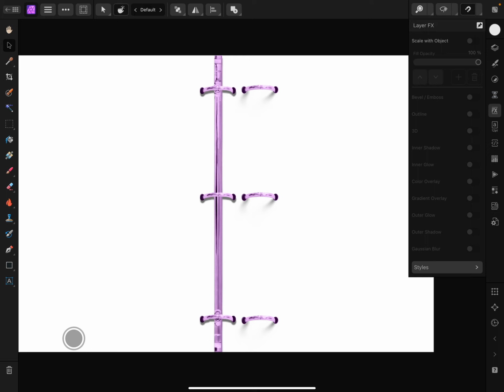So in this particular case, I used the rectangular marquee to select a long rectangle around it, and I cut it off of that white background so that I didn't have to work with such a big space. Once I isolated that area that I wanted, I saved it to my files. So I exported it from Affinity Photo and saved it to my downloads so that I know where it's at and I can easily find it. And then I jumped into Canva